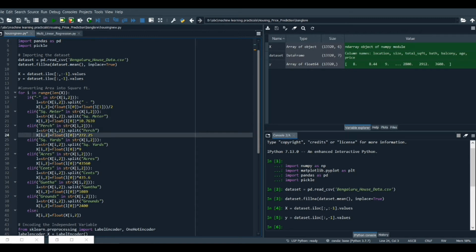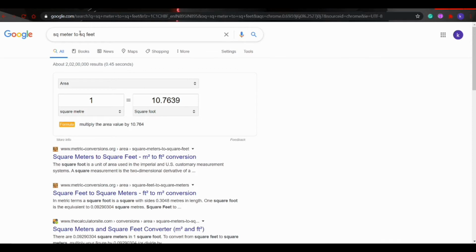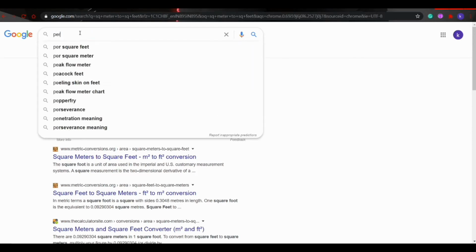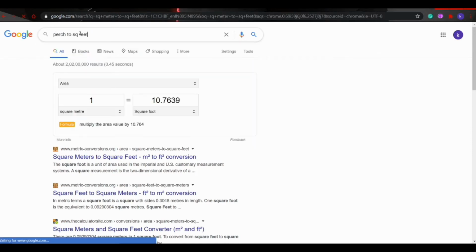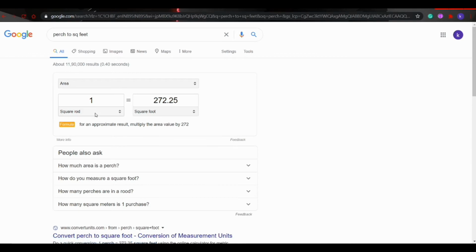Now similarly, we will encounter multiple types of units such as perch, square yards, acres, cents, gunta, grounds, and others. So what we are going to do is go to Google first and look up the conversion of them, like perch to square feet. As you can see, one perch is around 272.25 square feet.